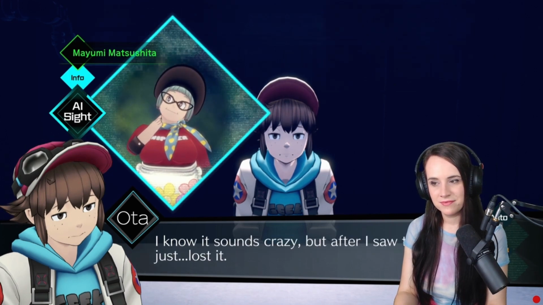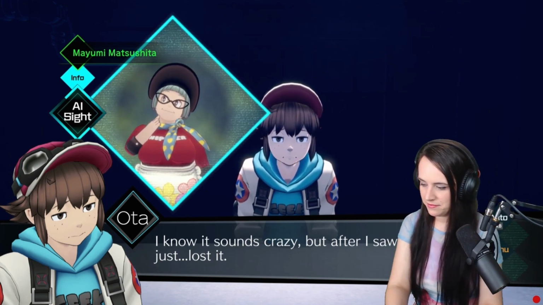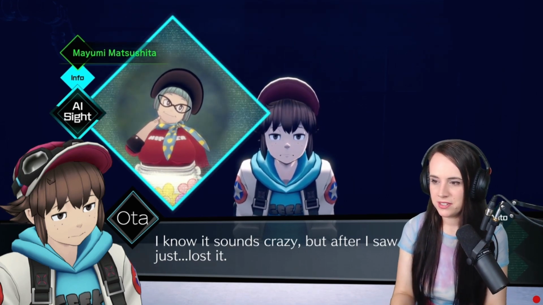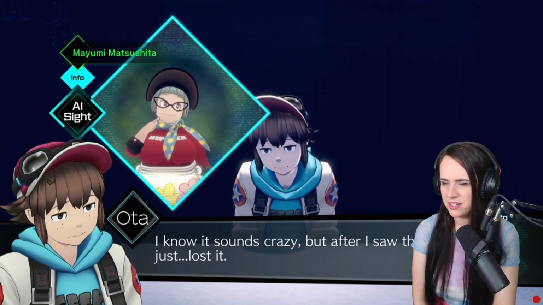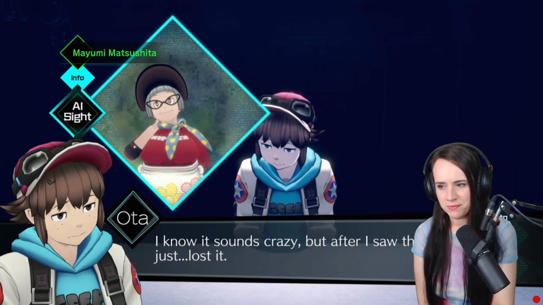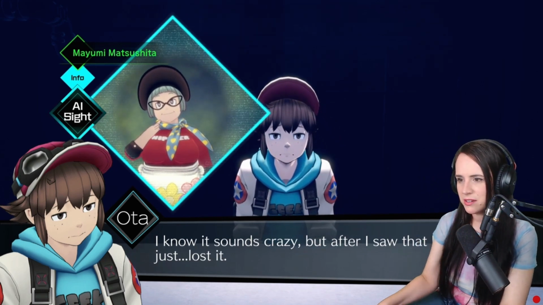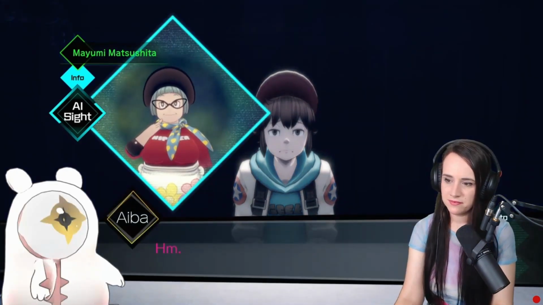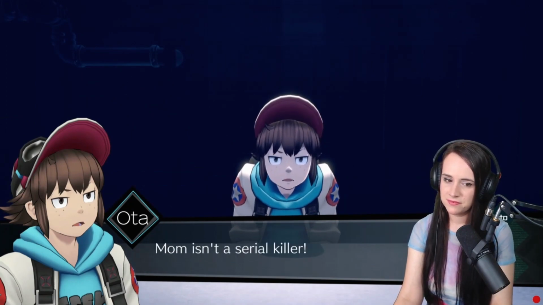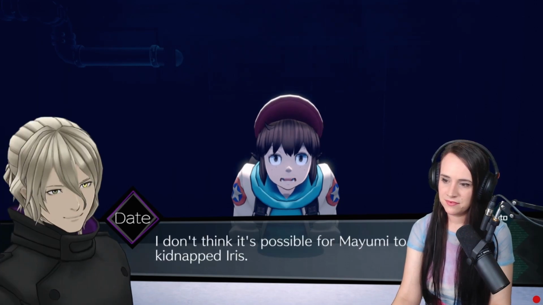Like that would ever happen. I know it sounds crazy, but after I saw that knife, I just lost it. What Mayumi did after, like going to the store and buying the chocolate and then going to the factory, it's kind of inexplicable. It doesn't make any sense. There's no reasoning that you can see behind it. But that could be just because of her dementia. Please, you have to believe me. Mom isn't a serial killer. Yeah, I agree. You do? I do. I don't think it's possible for Mayumi to have kidnapped Iris because...